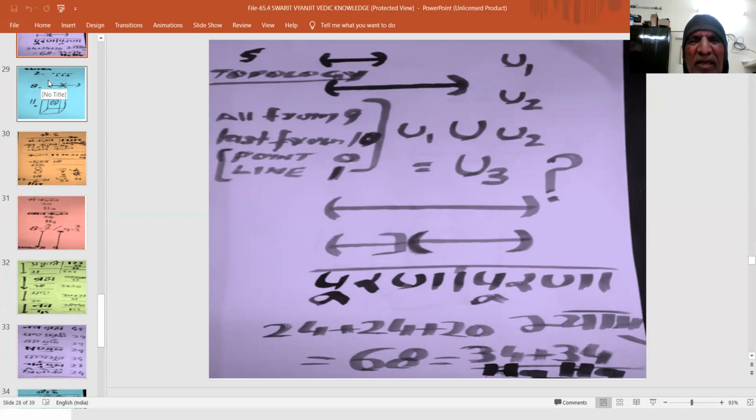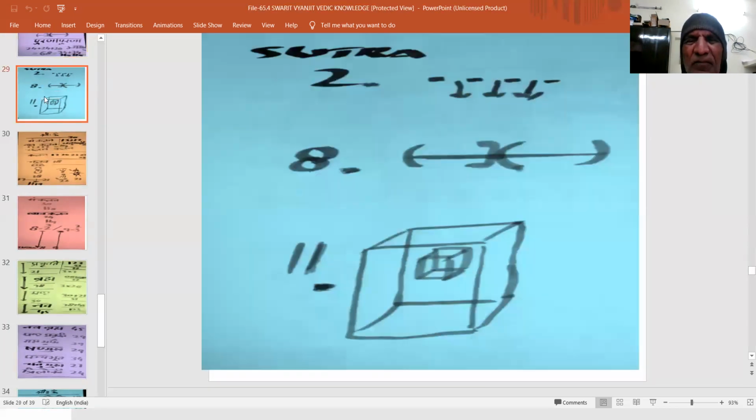It is by having a visit to these sutras that we can really see the limitations of the present day set theory and topological approach.